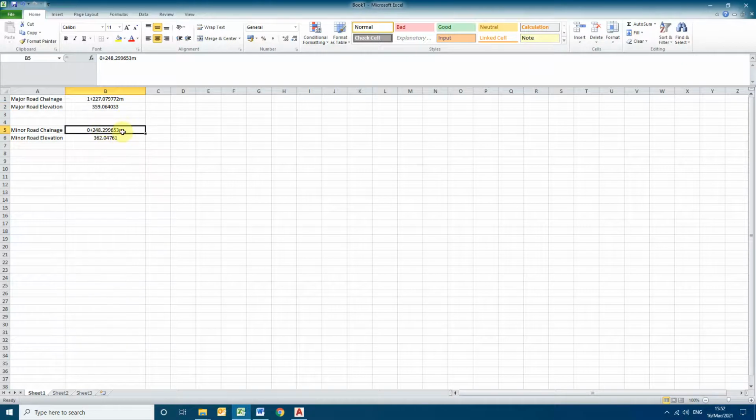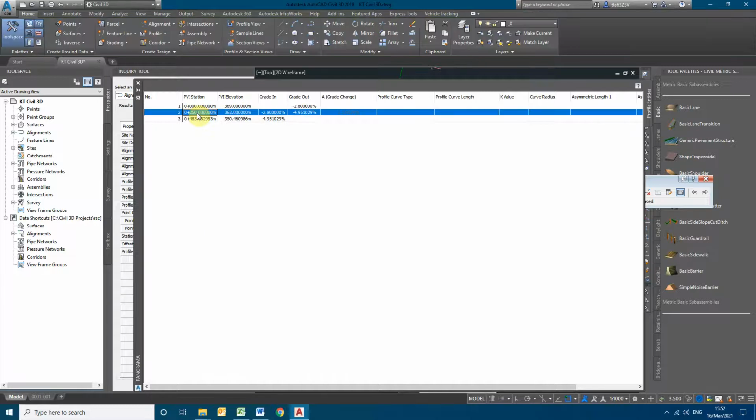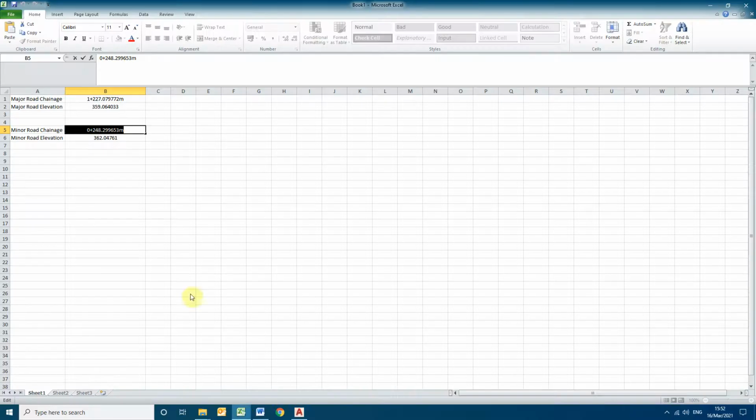So now I'll be taking the chainage. Going to the toolbox, I'll be applying the chainage over here. Pasting the chainage, the level is 359.06.